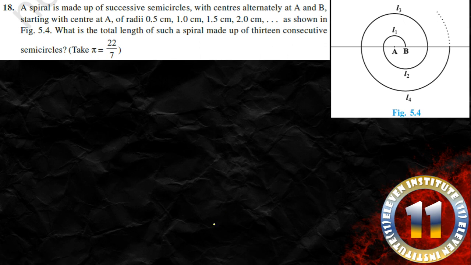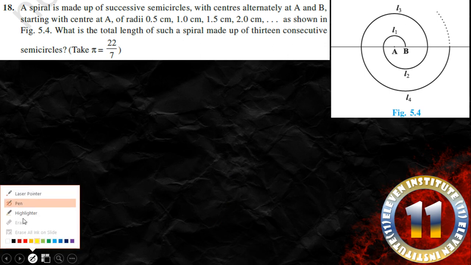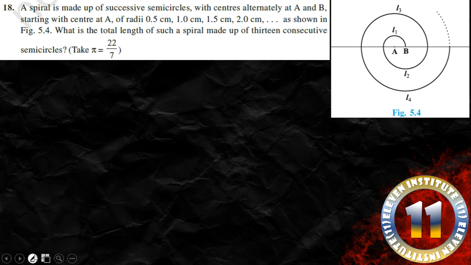Let us start this. Try to understand the image that is given on the right side, what it is trying to tell us. We have A as our center. I will highlight this and make it bolder. This is our center at present, this A.